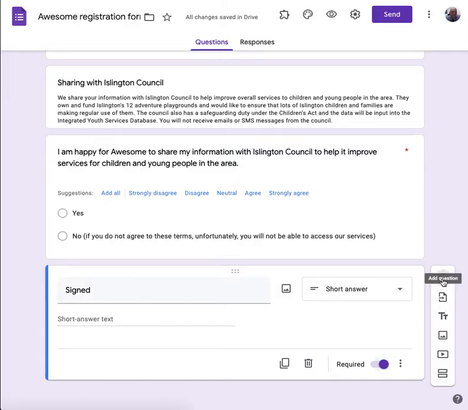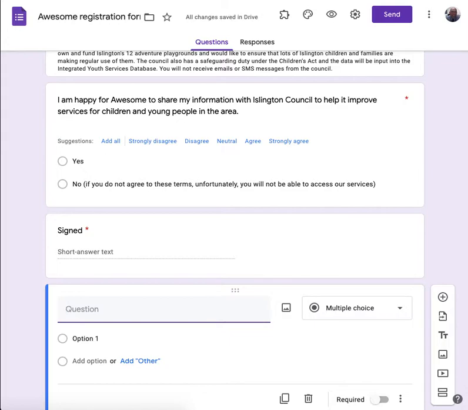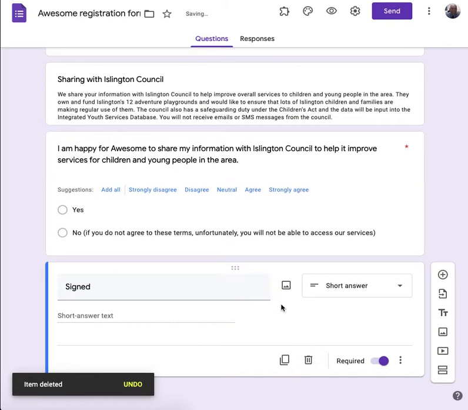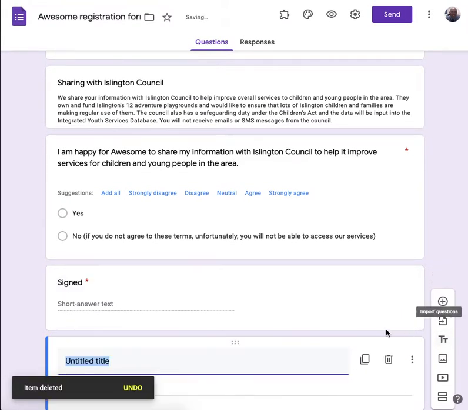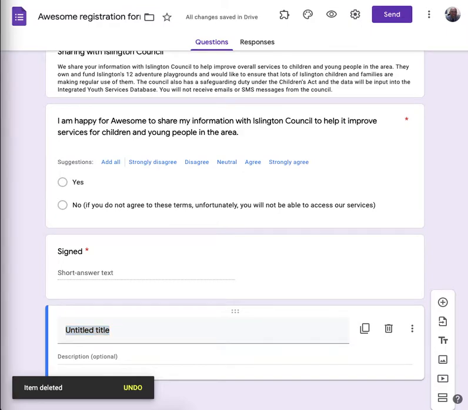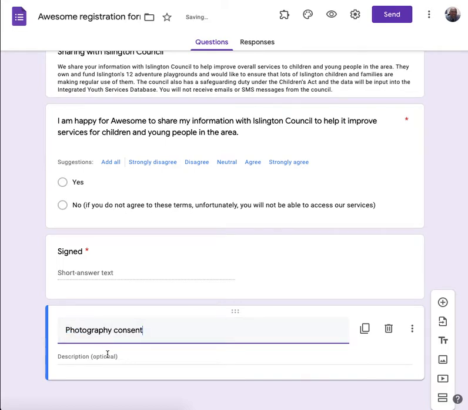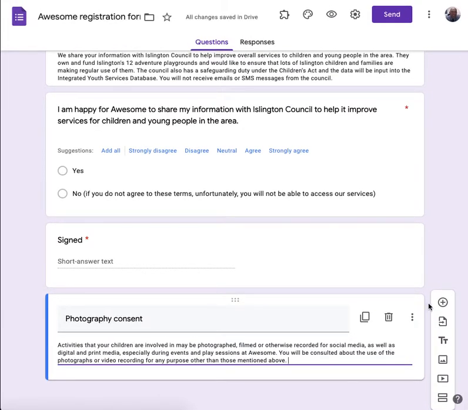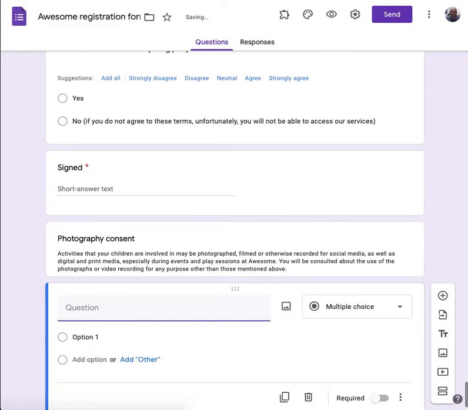And a similar thing for photo consent. We're actually going to have made a mistake there, so you can see how easy it is to revert that mistake. I added a question when I wanted to put a title. So I'm just going to delete that question and go to the title section, and that allows me to put photography consent, and it also allows me to put a bit more information in for the parent and carer about what we're asking for consent for. Then I can move straight onto the question,